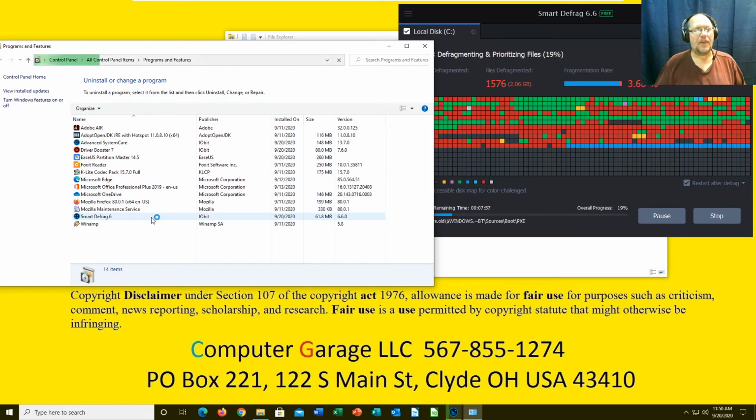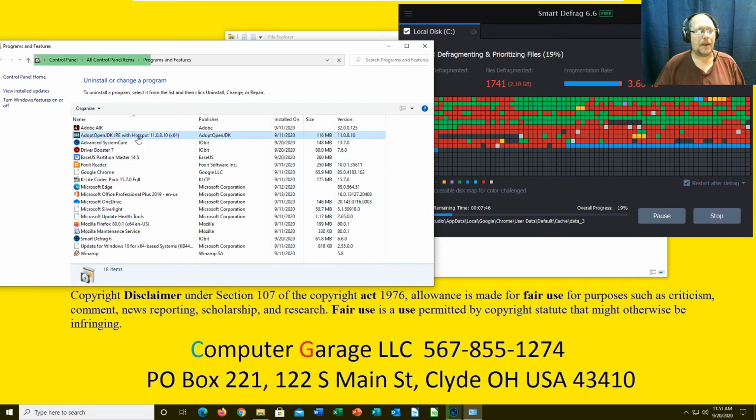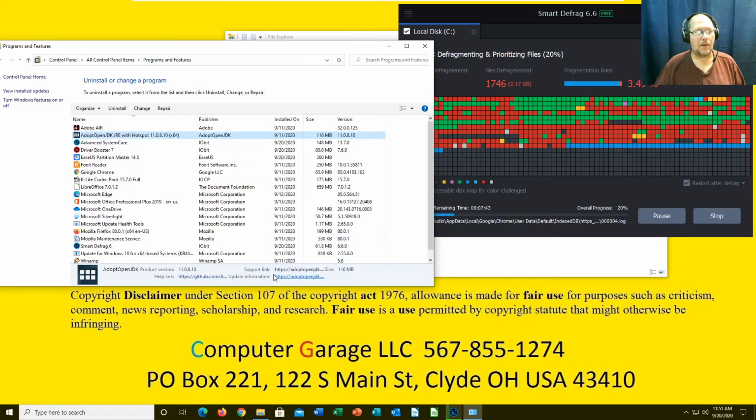If you see programs that you have no idea, you can always check their information. A legitimate company will put their information here. Those who are not legit will not put information here, or they'll put very little here. If you don't know, do a little bit of research. If that doesn't satisfy you, you can always call us or email us and we'll answer the question as best